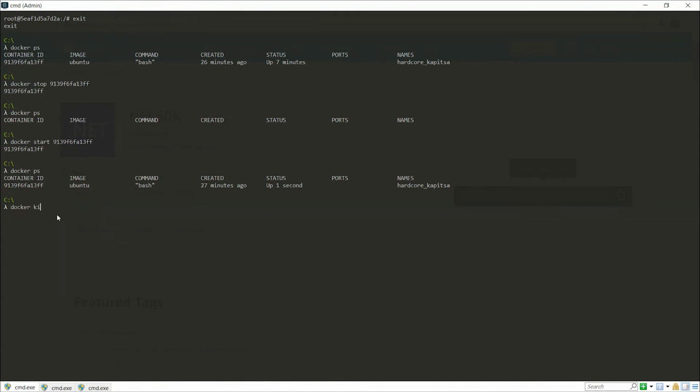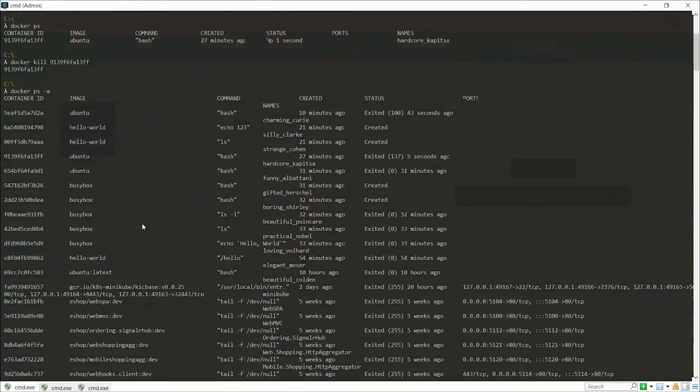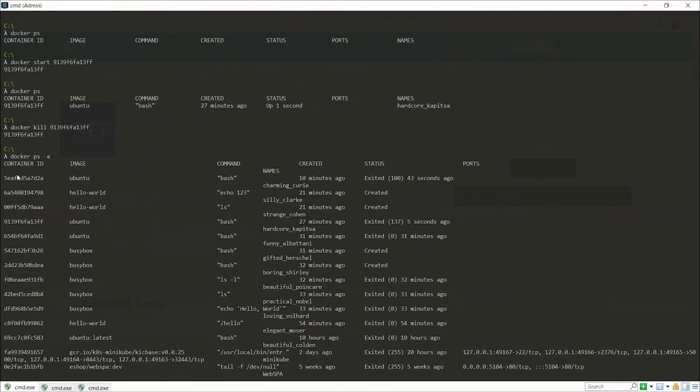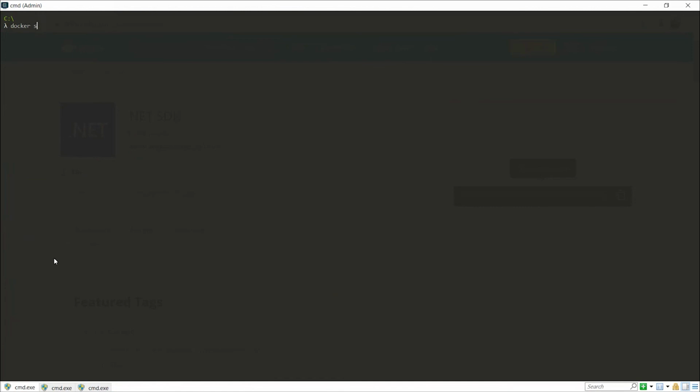Now, another command is docker kill. And if I give it an ID, I don't know if I can bring back a program that has been killed. So it is 9133FF, this image. Let's see if we can do docker start and paste that image ID once again. Okay, so